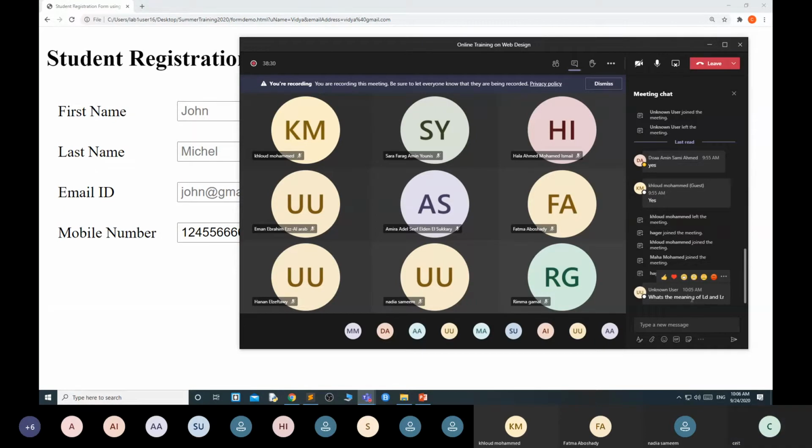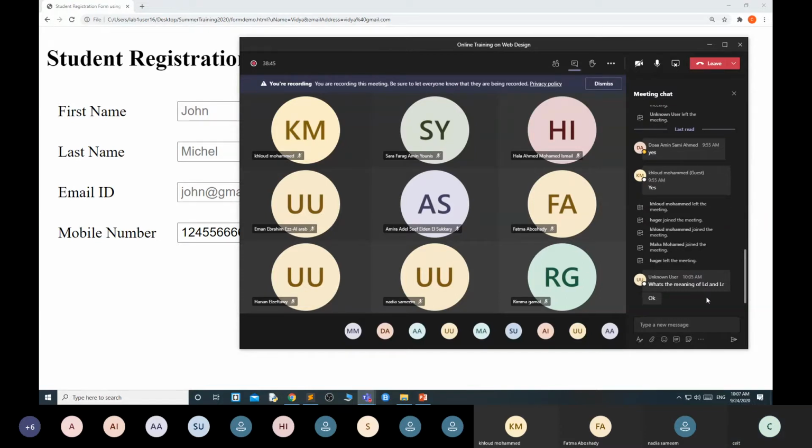Hello? Because there is no LD and LR such, but you can ask me in which context you are asking about the LD and LR tag. Because there is DL tag, DD tag, LI tag, but where you came across the LD and LR tag, you can tell me, then I will explain to you. Okay.